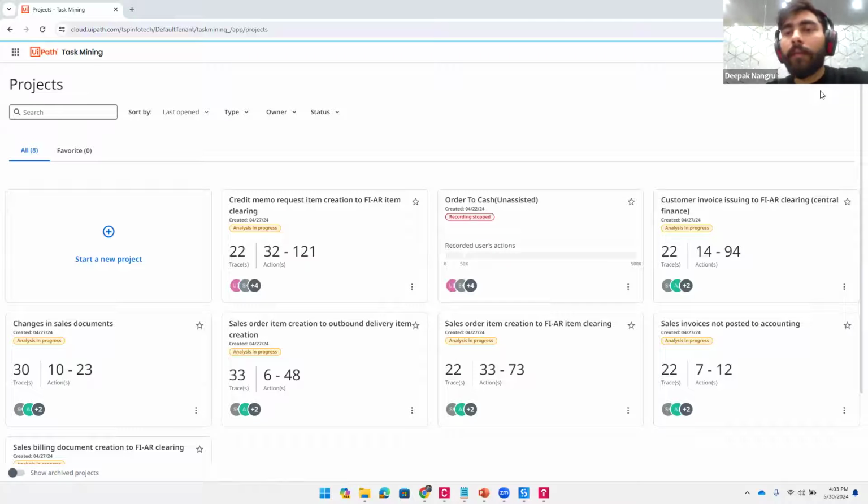But assisted is a bit different. In assisted, we are trying to find data about a task that we are aware of. We know this is a task we can automate, but we have to find the detailed data of that particular task so that we can create a proper document, and we have all the exceptions and all the decision points in place. So let's see how we can create a project.